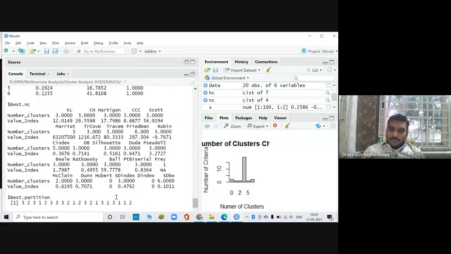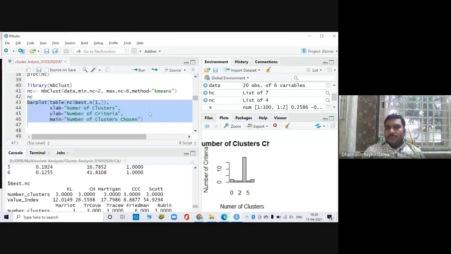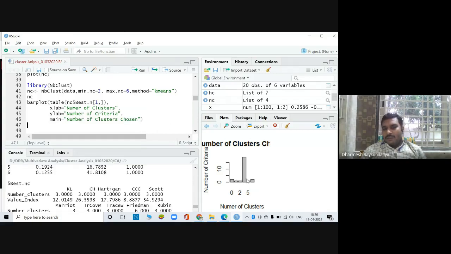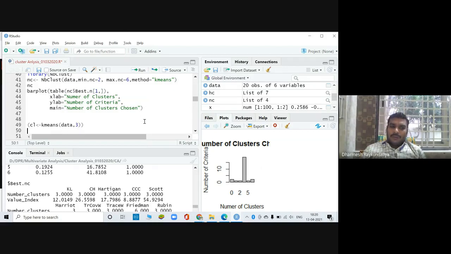तो यहाँ पे जो आपका पार्टीशन है उसके, तो we have to take the decision based on this. When you are using the R, we have this library, it can help you to identify. तो based on dendrogram it is saying that 3 clusters are possible. बाद में हमारा जो k is less than equal to n upon p plus 1, it is also suggesting, and the number of criteria, maximum number of criteria satisfying that the 3 clusters are possible. So we have to now perform the non-hierarchical clustering with the 3 clusters as a